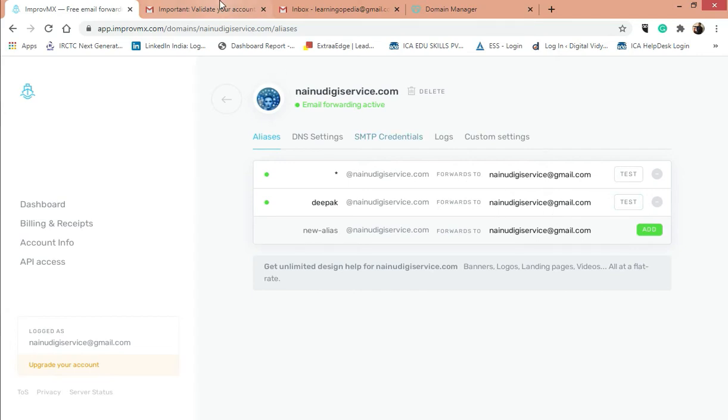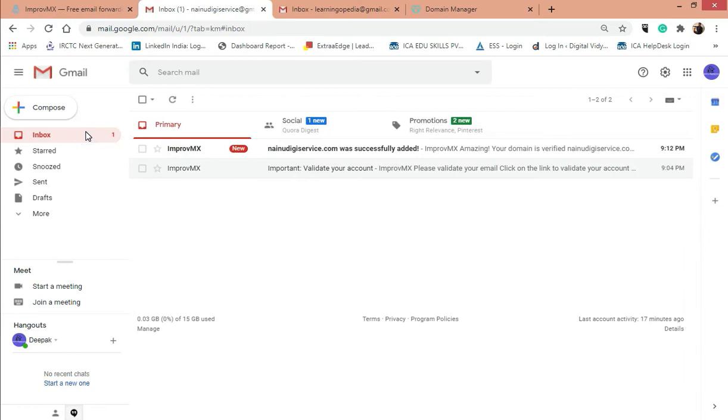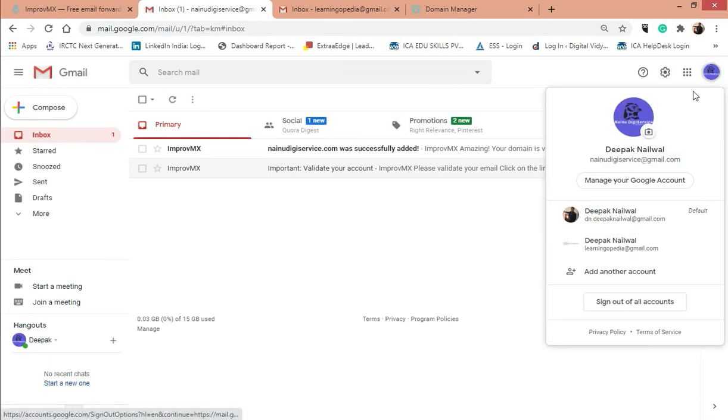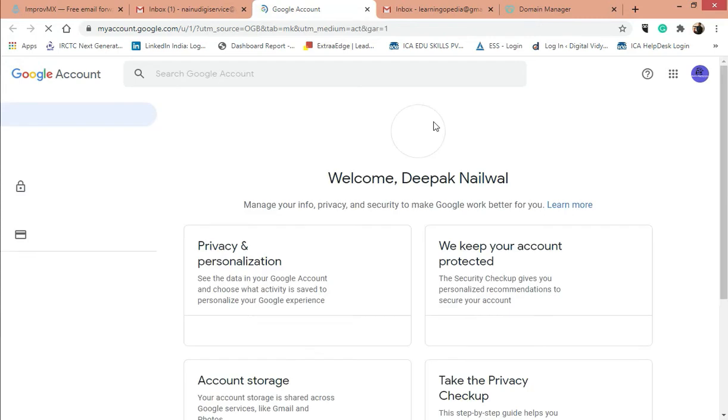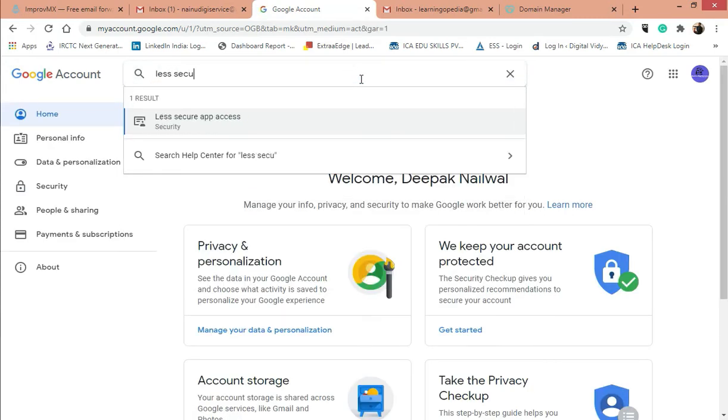Now we will go to our Gmail account. Here you can see we have a confirmation message also. Now we will go here and click manage your Google account. Just type here less secure apps.